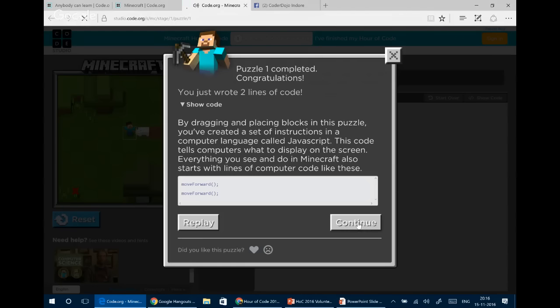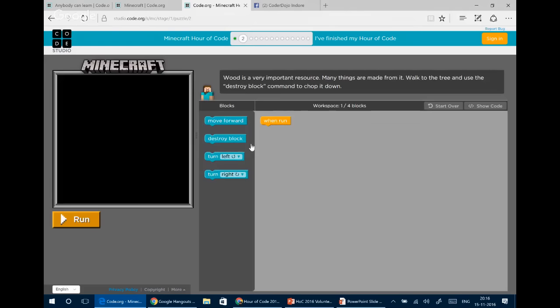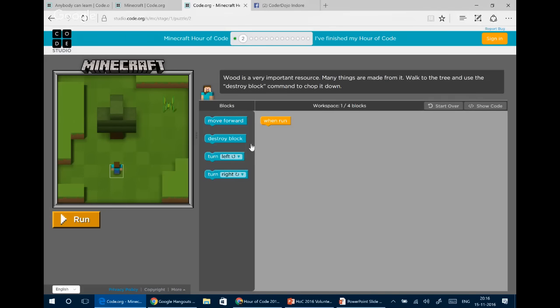So this was a simple example. Let me go forward to the second example. That's why I told you that we'll need an internet connection. If we are having an internet connection, then it becomes much easier for us. Our character now needs wood, right? So let's go forward 2 times.